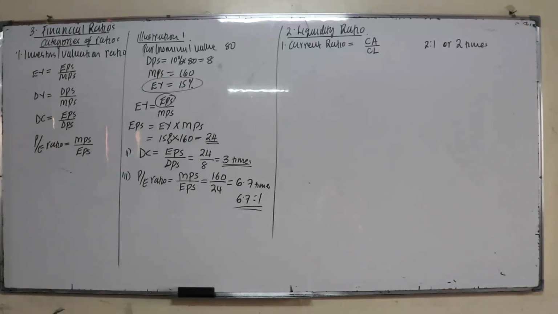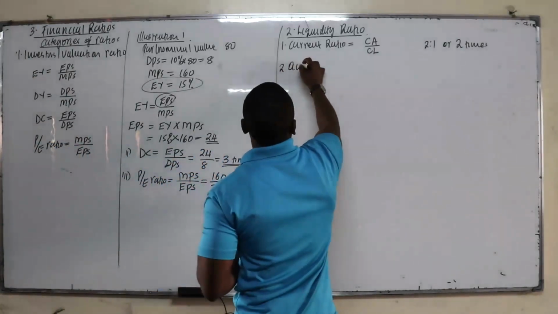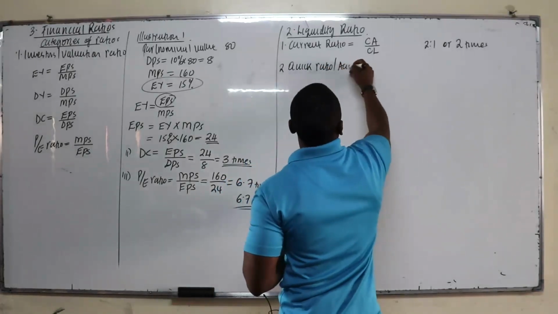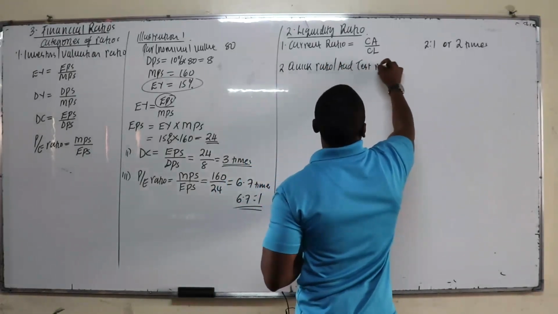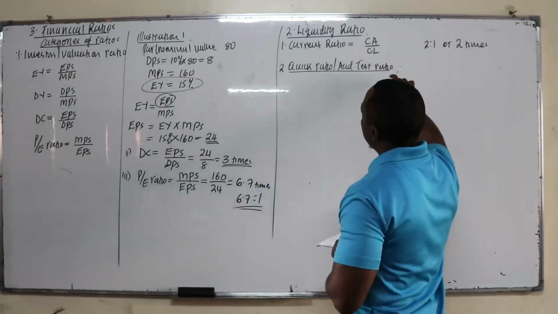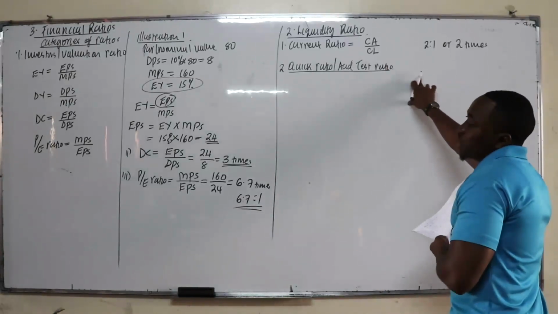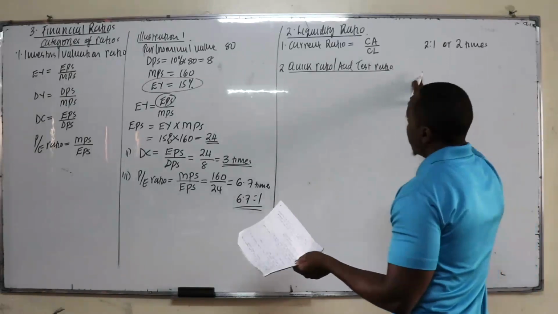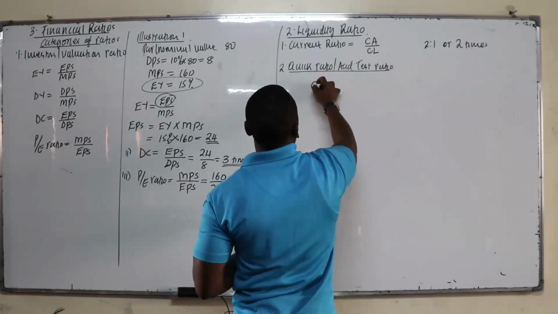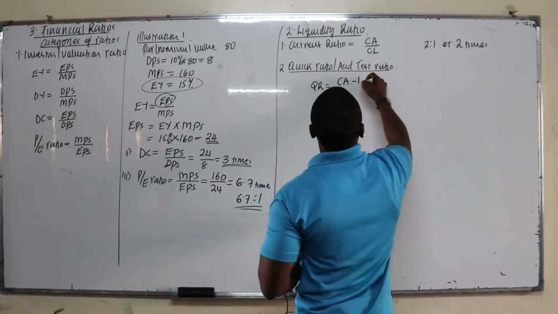Then number 2, we have the quick ratio, or acid test ratio. This shows how the company can clear its liability using its cash and cash equivalents, and therefore the most liquid assets. How do you get the quick ratio? You take the current assets and eliminate inventory,